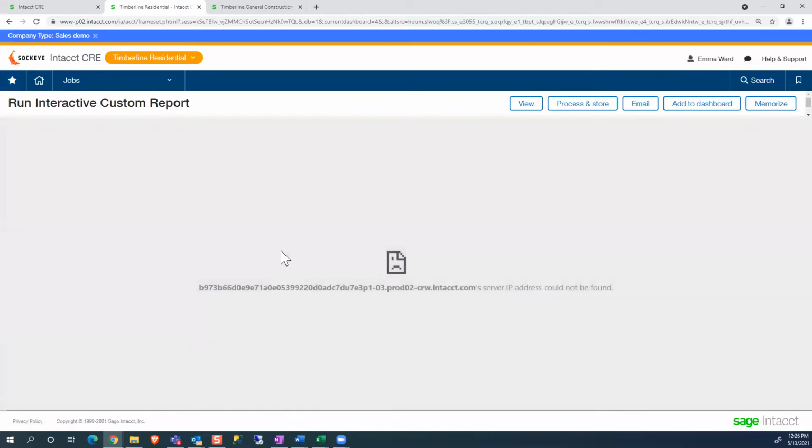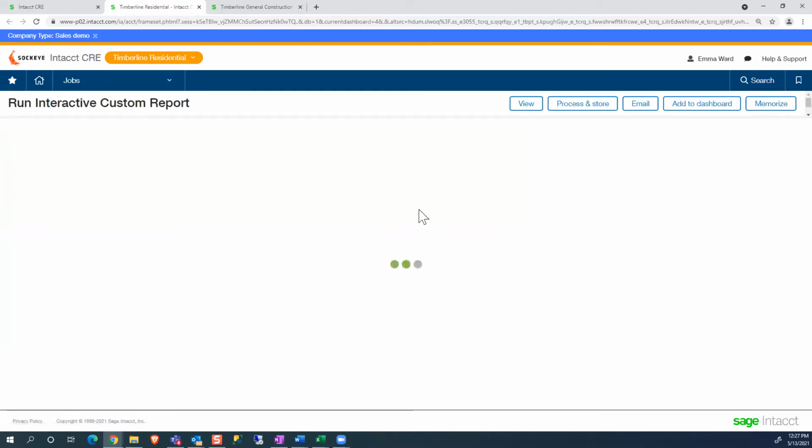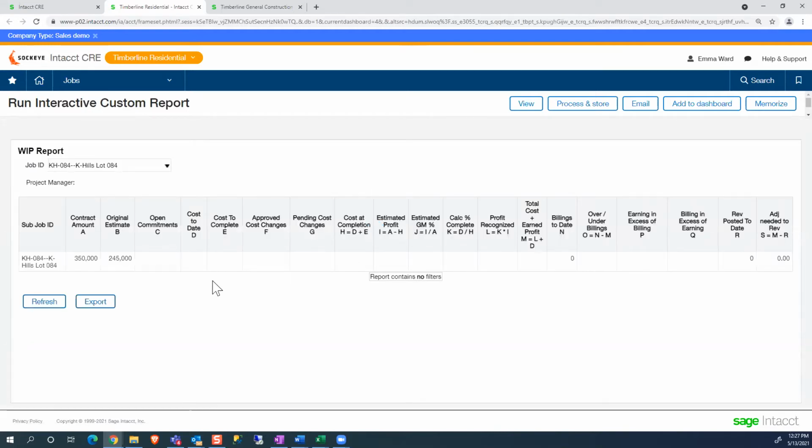All right, so we're going to look specifically at a WIP report and work through that WIP report. So let me just click on refresh this view. So this is that job that we were just looking at with the setup that we saw, which was a single family home and the floor plan. And it's basically just the core information that has been set up on the job so far. We have a contract amount and an estimate. So we can load the estimates inside of the application. We can load the schedule values of the contract for the owner.